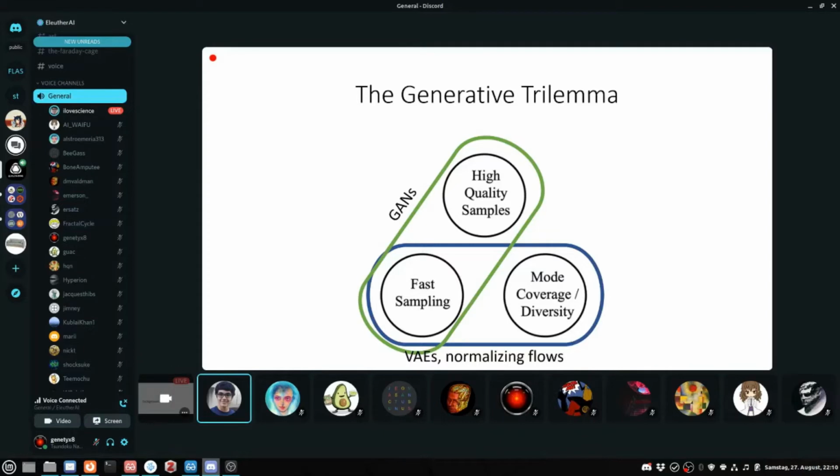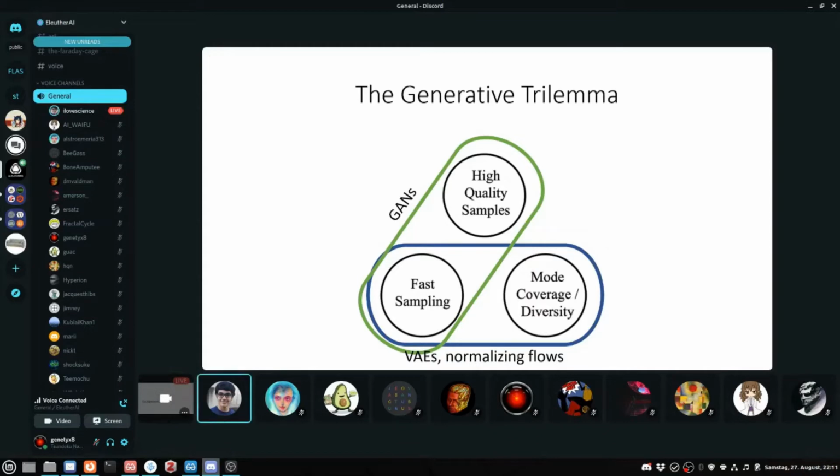What we'll see with diffusion models is that you are able to get this diversity, but also high quality samples, which is why diffusion models are very attractive. But as you can see, with a lot of these models you're only able to get two of these components. With diffusion models, one of the main issues is the sampling. Of course, there's been a lot of work to improve the speed of the sampling, but it's definitely a challenge: diffusion models have slow sampling. So that's another interesting way of summarizing it, with this generative trilemma, providing context for all the different models.